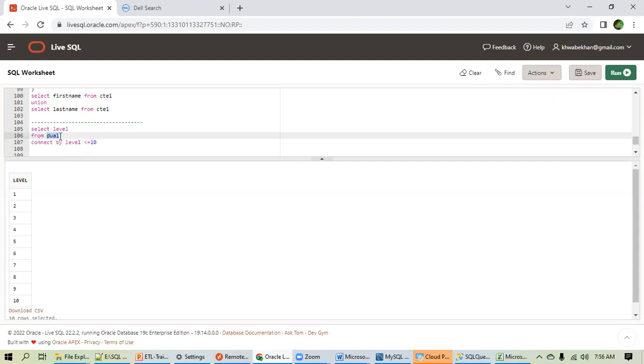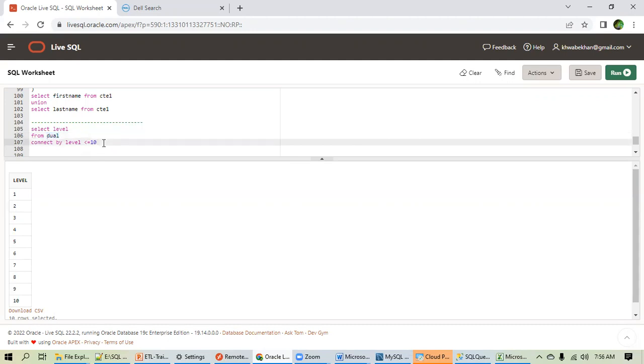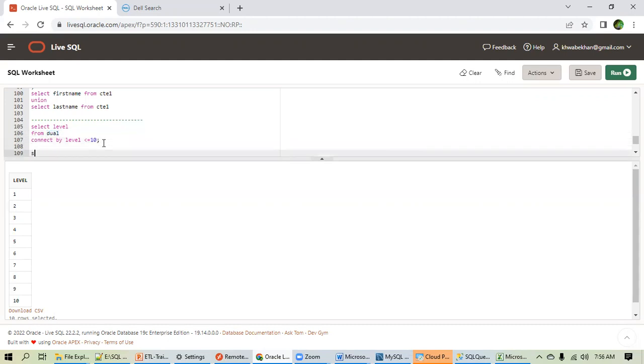Why? The reason is Oracle has this dual table by default. But it is not present in another platform. To check this in SQL Server, it is not present. The benefit of dual is you can do calculations as well here. Suppose select 1 plus 1 from dual. Show the value